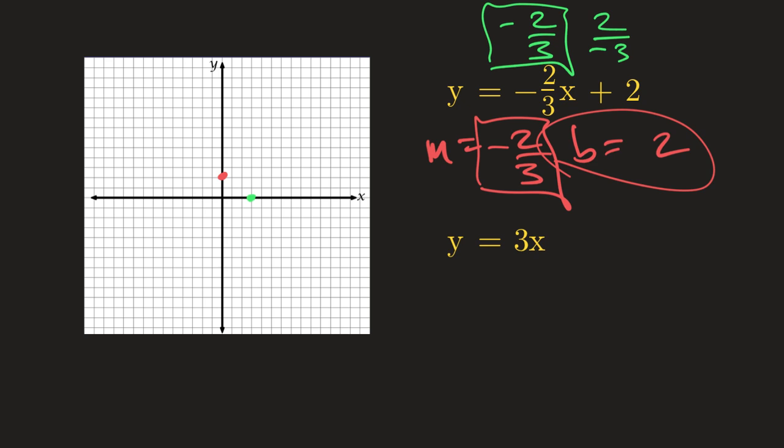Or, if we want to put the negative with the 3, now my top number is positive 2, which means where am I going now? Am I going up or down 2? If my top number is positive 2, would I go up or down 2? I would go up 2, 1, 2, and then I'm going to go left 3, 1, 2, 3. Notice those points are still lining up, okay? They are still lining up, and then once I have my points,